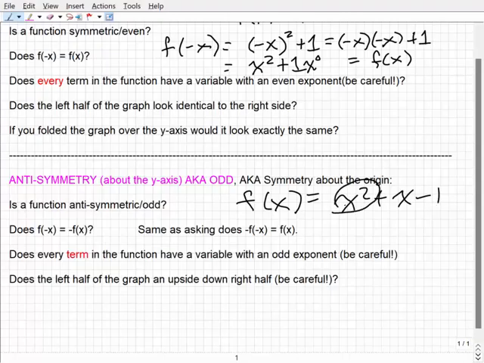It doesn't have to be a quadratic. It could be any function at all. Okay? It's just easy to see if we have a polynomial. So is this